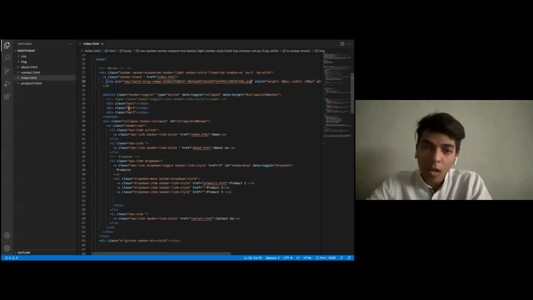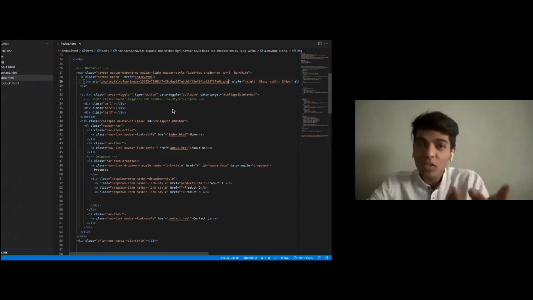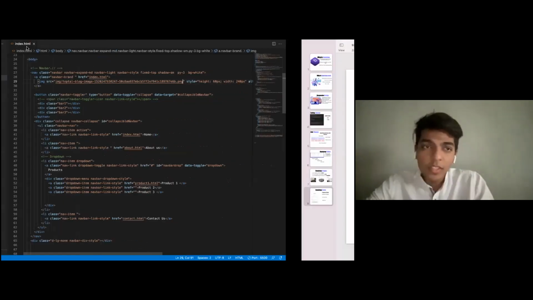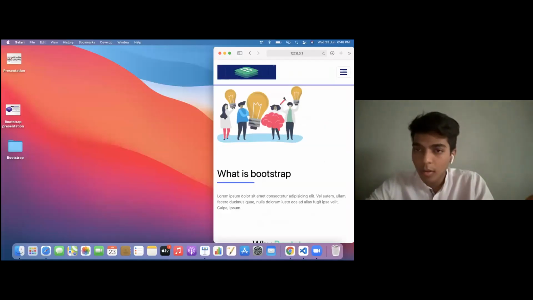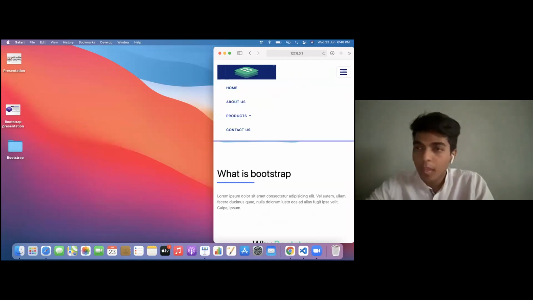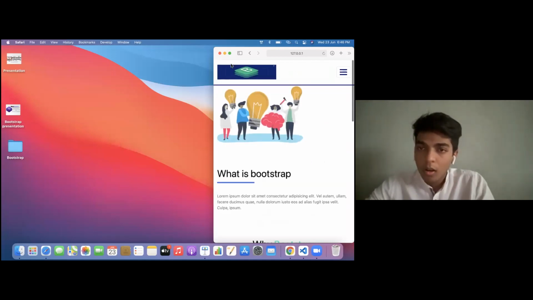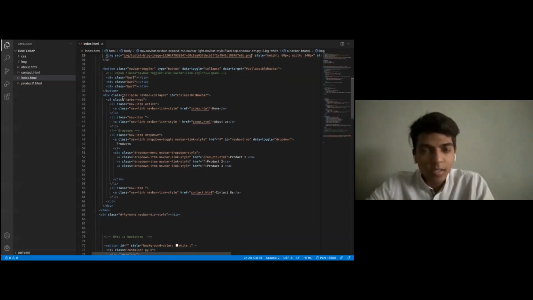The button should have bar 1, bar 2, bar 3, and when I click on that button, I should get a drop down, and the drop down should have everything that I have displayed on the front screen. So if I reduce this, it goes to something less than MD, and I get the drop down here.